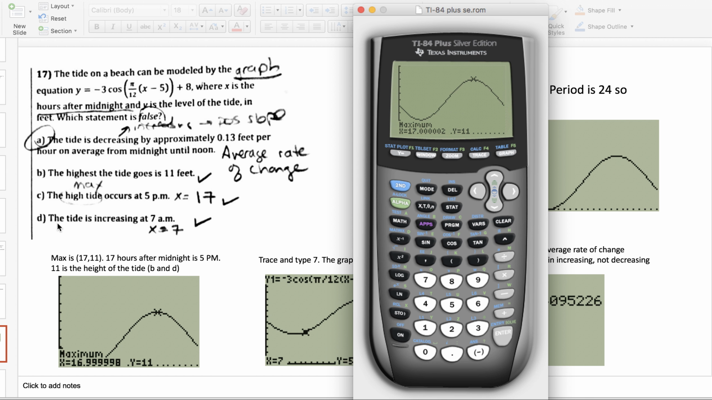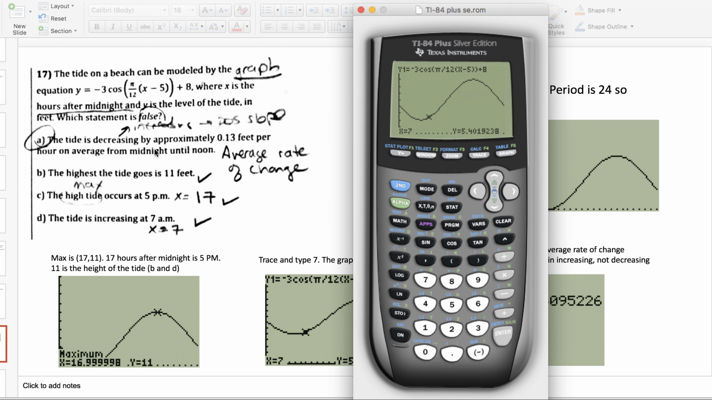And then I want to know, is the tide increasing at 7 a.m.? Well, I don't know where 7 is exactly, but if I go to trace and type 7, it'll bring my cursor right to 7, and I see, yeah, okay, the graph is increasing at 7, so that's true. So right here, I can just use the process of elimination and choose A. Now, if I want to check to see if that's true, well, actually false,